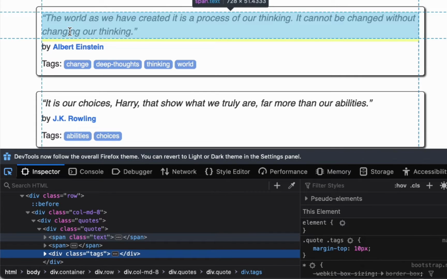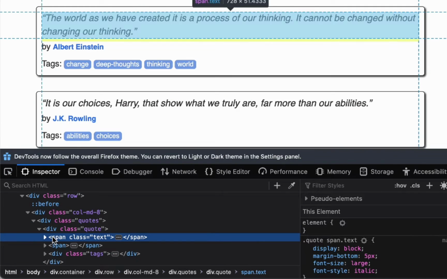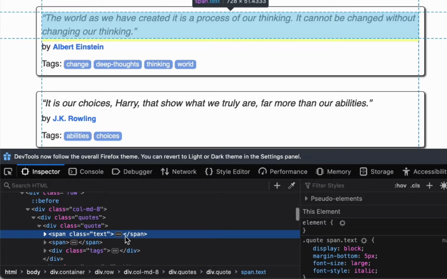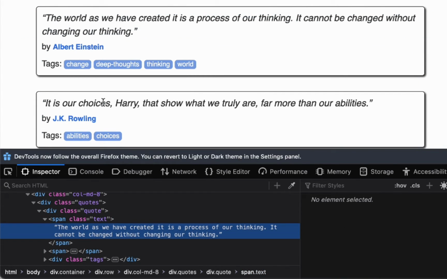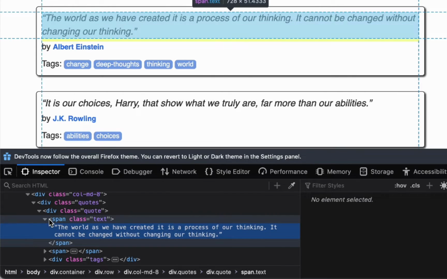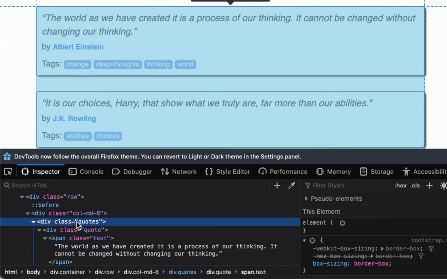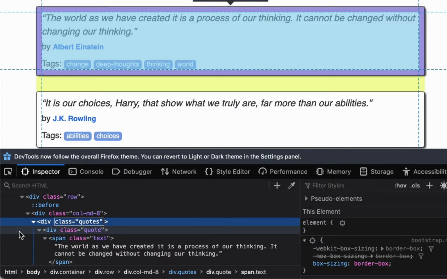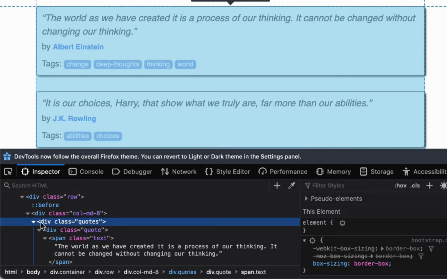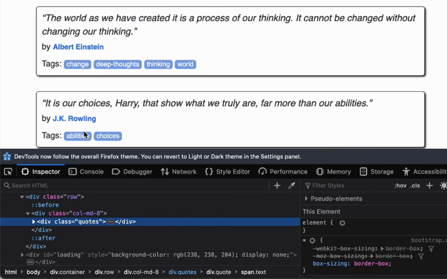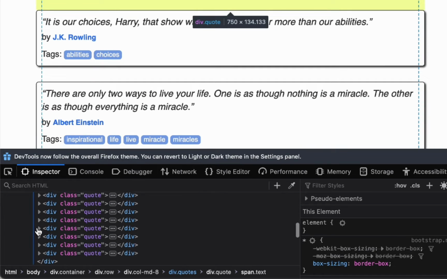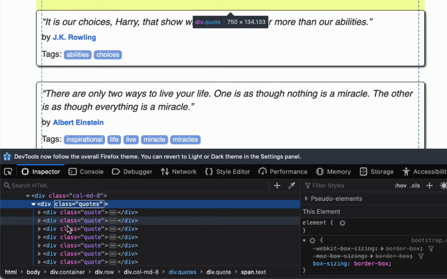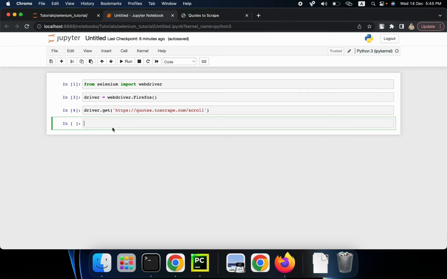So let me just see. Okay, this is the span tag with class and some text in it. I'm going to collect this text for all the quotes. So to do that, let me copy this one, and I'm going to use this container. If you look here, basically all these quotes are enclosed in this container. So all I need to do is copy this one, and I'm going to use